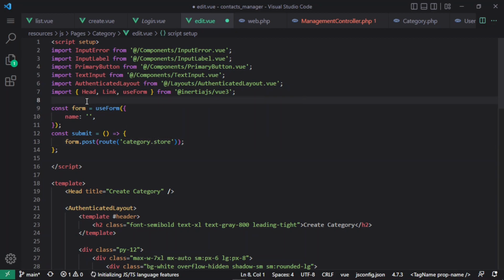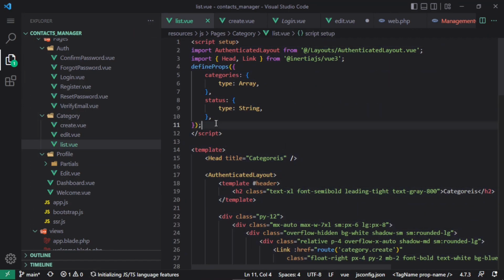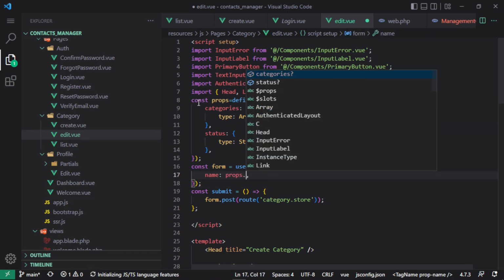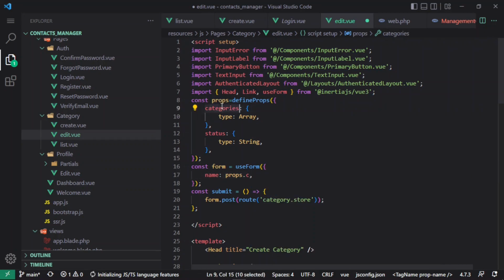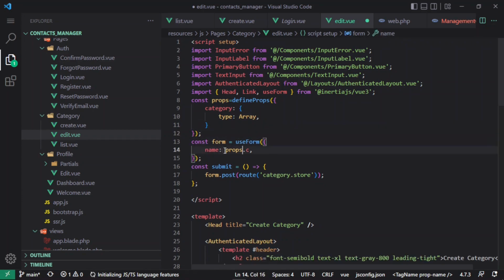So I'm going to define props, copy and paste that, and also assign that to a variable. So props equals that, and the initial value is going to be props.category, not categories, it's a single item, right? So category, and no need for the status, remove that, and this is an object, not an array, and category.name,